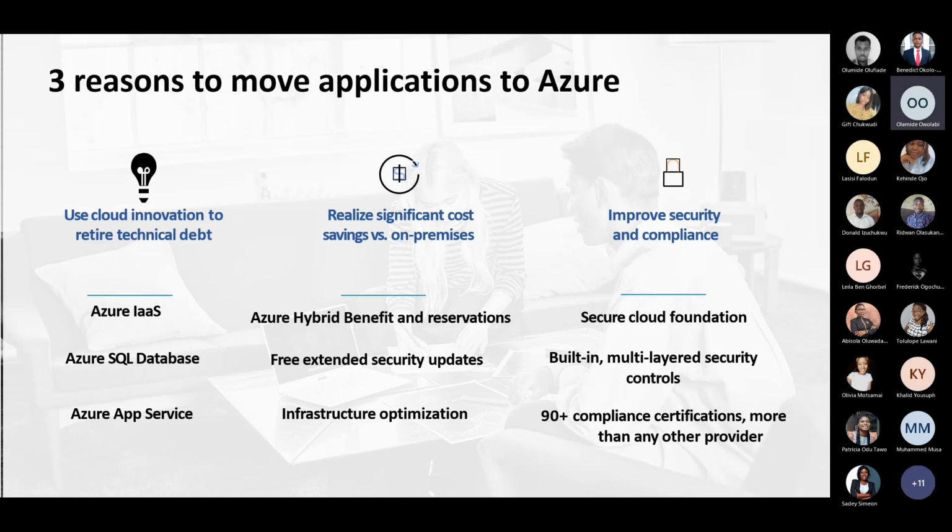Then you get access to Microsoft security systems and features. Since Microsoft spends $1 billion annually on security features, that shows you that its security is one of the best around. Plus, you can also leverage your on-premise security features in your solutions, thereby adding an extra layer of security.